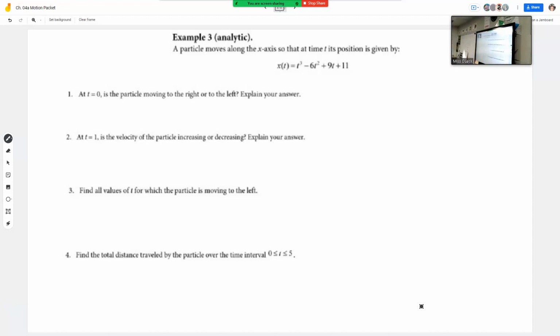They give you an equation. Why don't you guys just do what you do in homework? Ready, set, go. I'm not going to talk it through, but I am going to start writing down what I would do. This is like a homework problem. Didn't you guys have one that gave you a position in homework? I think you did.